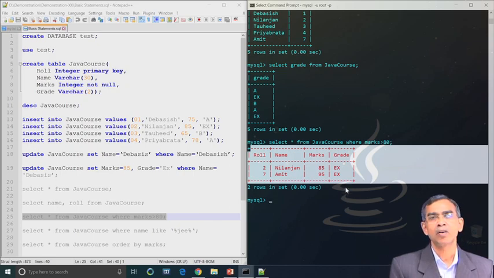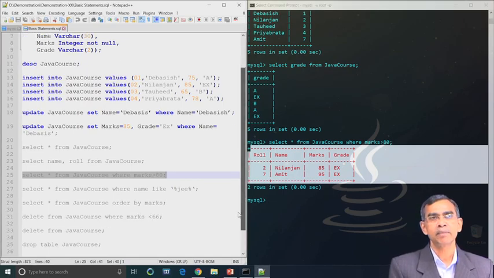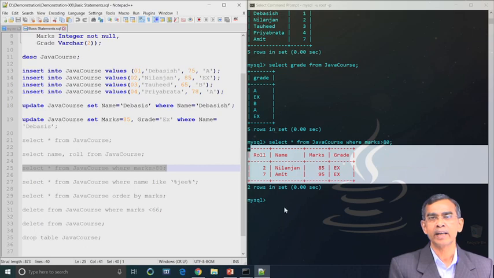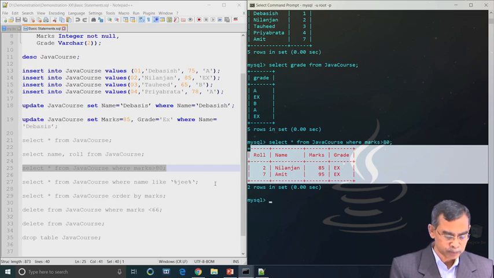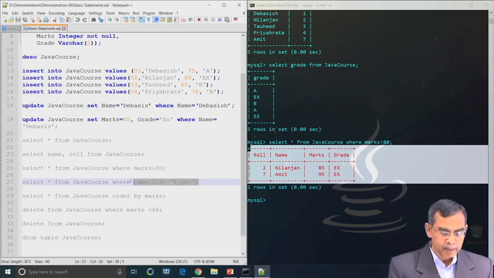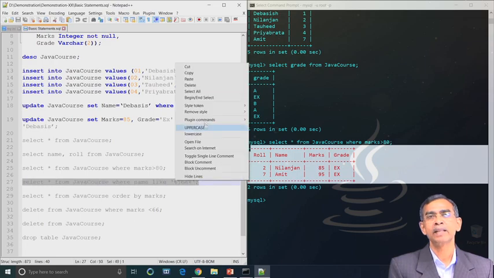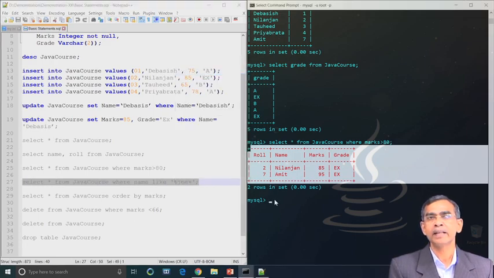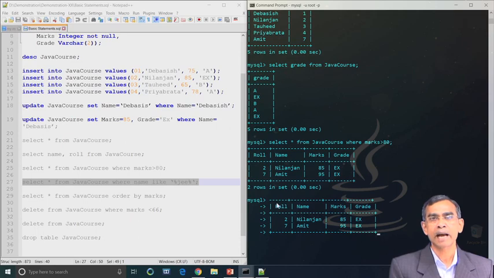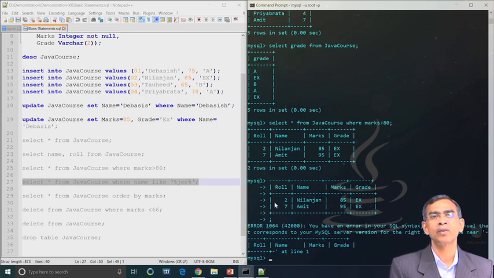There are many other complex conditions that can also be fired. Now, let us see another condition. If this condition does not apply to any record, then in that case it will return null. So, here is another select star from Java course where name like something, that means we want to find if any name has the substring JEE. So, this is the command that we are going to write.